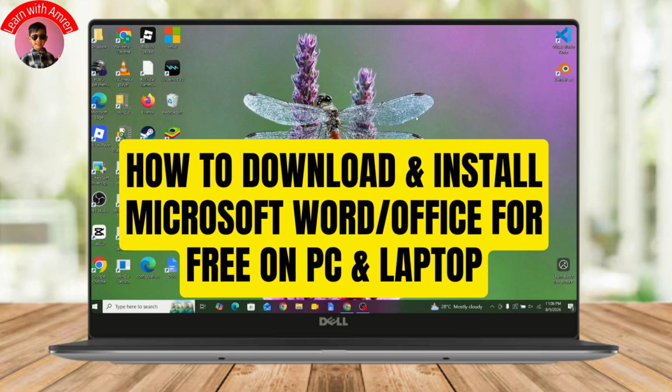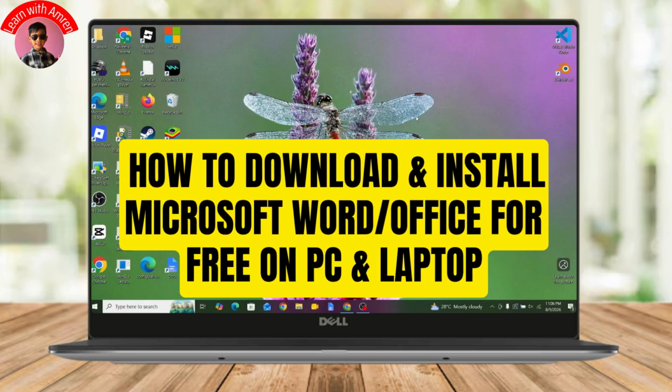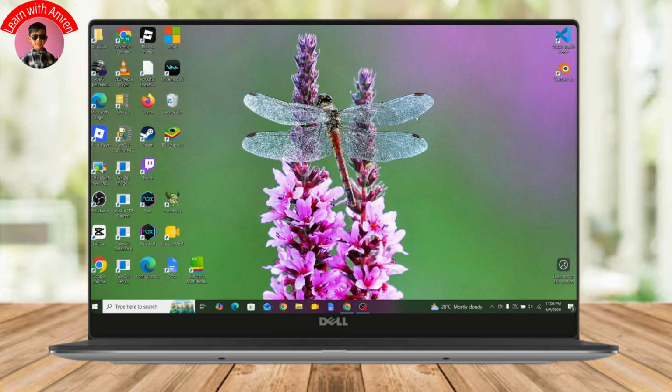How to download and install Microsoft Word or Office for free on your PC or laptop. So if you want to download and install Microsoft Word or Office for free on your PC or laptop, then